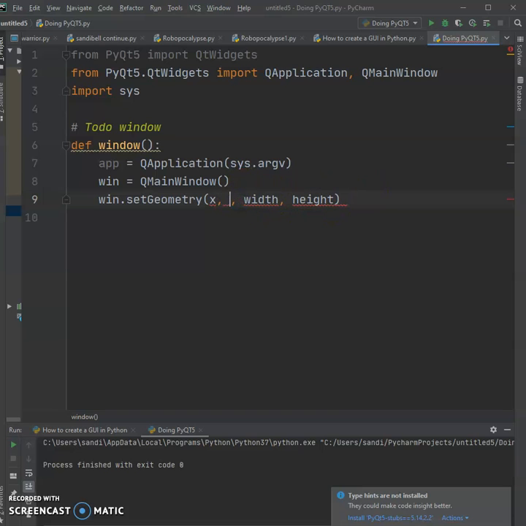X and Y, this is the width, this is the height. So basically if I did 200 and 200, let's just say the width is 300 to make it equal to the height too. 300. Let's see. Then I write